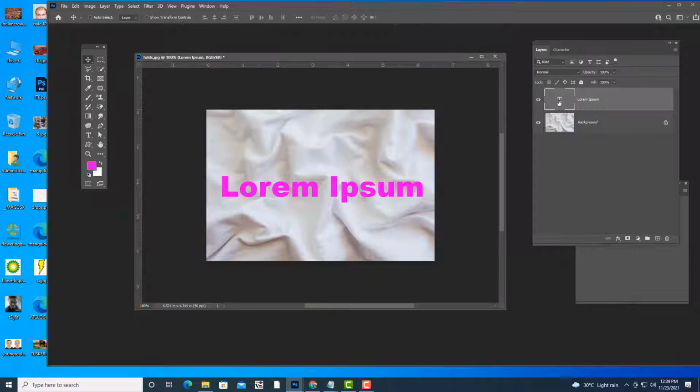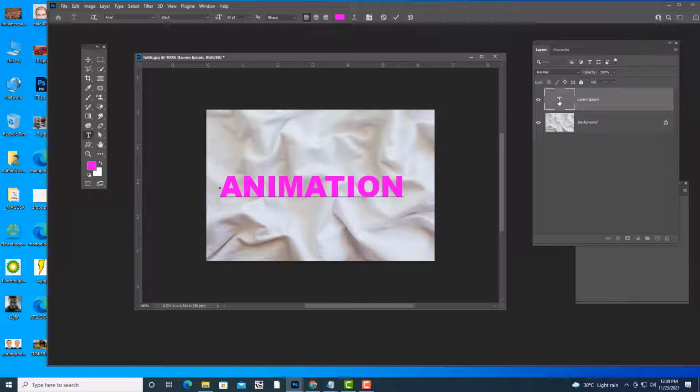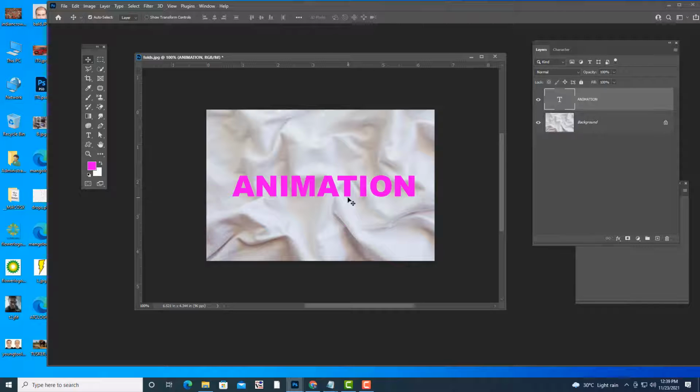So we'll change the text actually. Now what I want is for the text to adjust to the folds of the cloth.